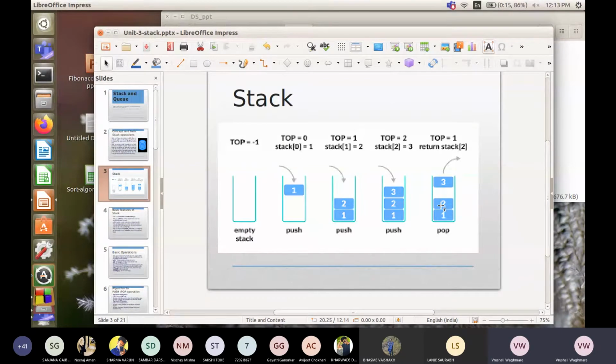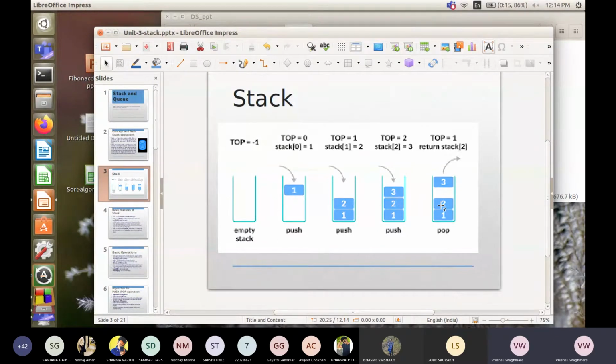But while pushing data, we should check the status of the stack. If the stack is full, how are we going to say that the stack is full? If I say the stack size is n, our indexing starts with 0. So how many elements can it save? Total n elements, but indexing is 0 to n minus 1.